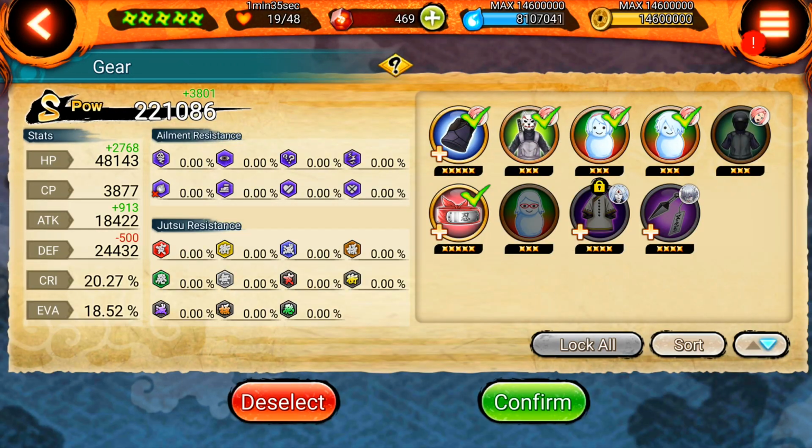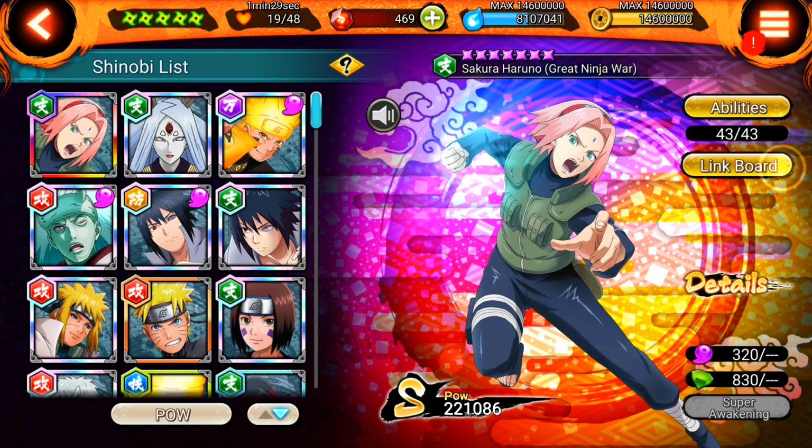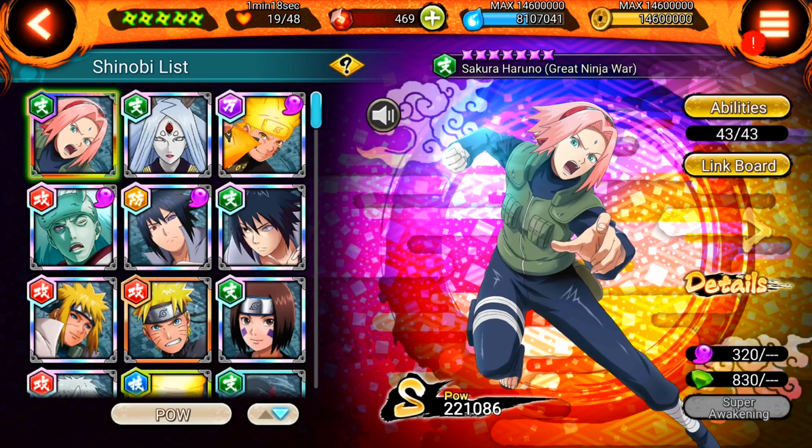So there we go. With Sakura right there, I have 221,000, and once I do the rest of the link boards and everything like that, getting her other 6-star gear, I will have her at SS rank, which is very, very cool for my first unit. So yeah, I'm definitely looking forward to completing the rest of these, and as far as stage 6 goes,